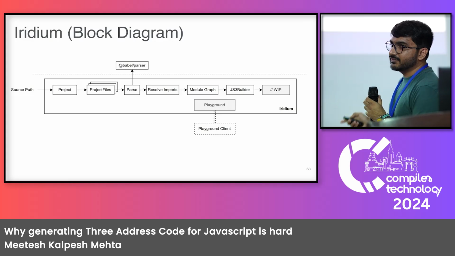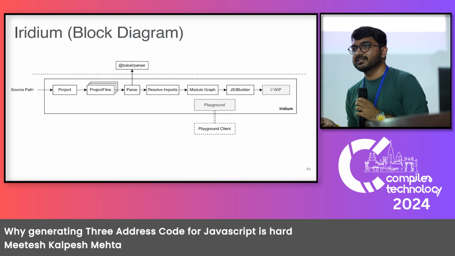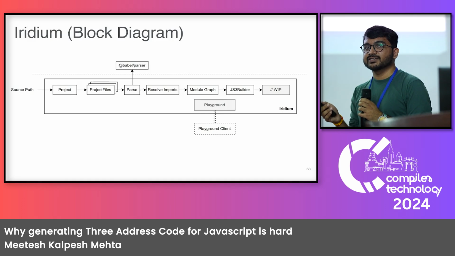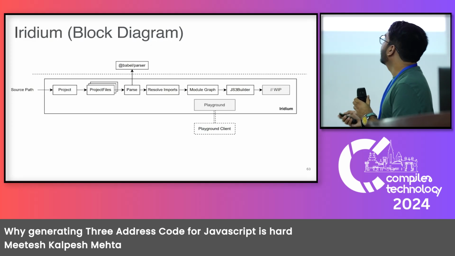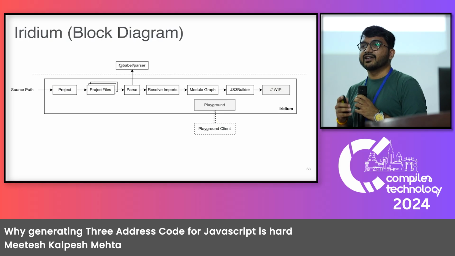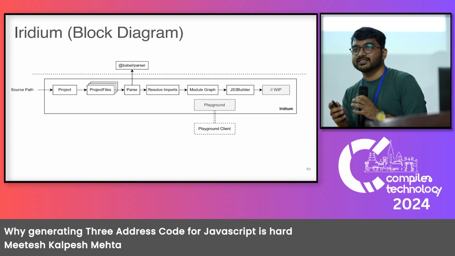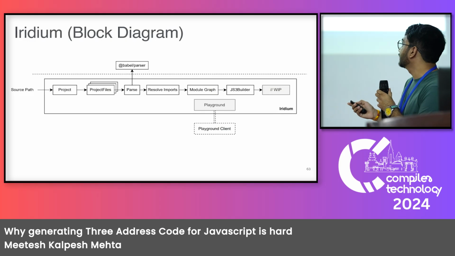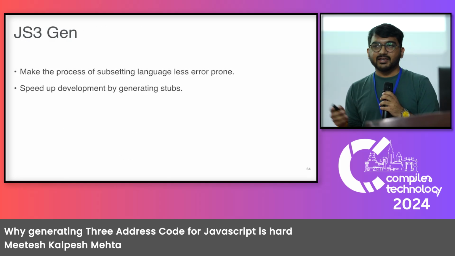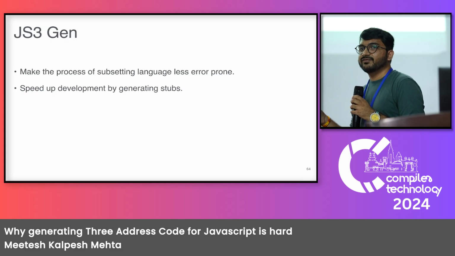And then we have a JavaScript 3 (JS3) builder. So it builds a specification, there's a smaller subset of JavaScript called 3JS. And then we have a few other utilities that we are building around Iridium that make it easier to analyze JavaScript. And in order to do an iterative subset of JavaScript, the way we went about doing this is